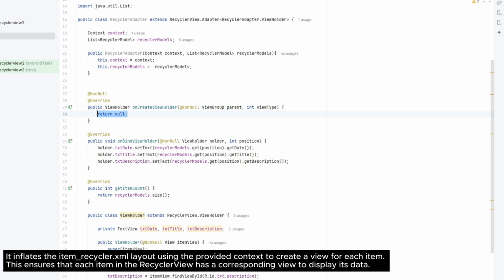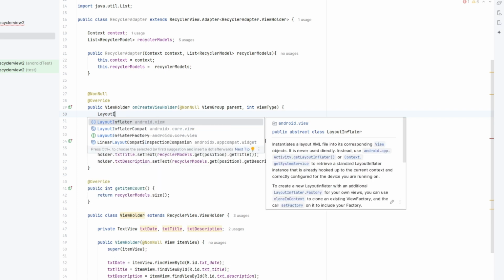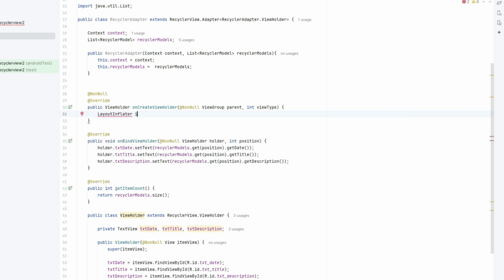So how? Remember, we can use the built-in class of Android Java, layout inflater. So we can use variable inflater, then create a new object for layout inflater. Layout inflater dot from context, from the context object.